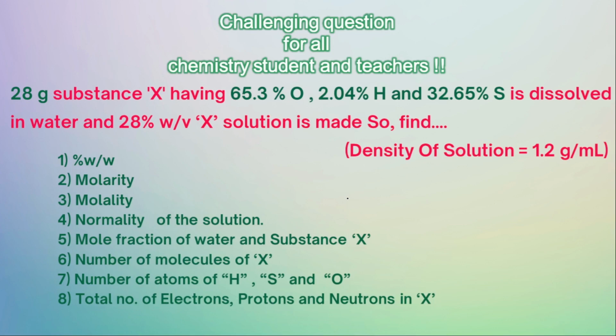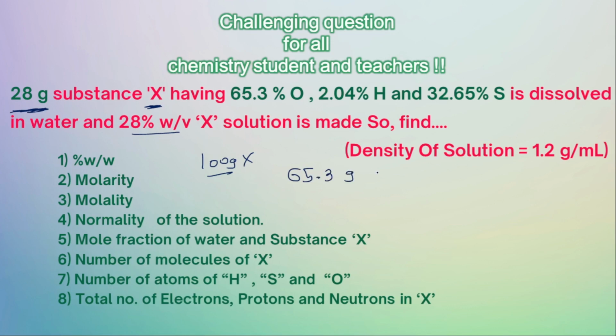To find all of this concentration, we have to find the molecular formula of X. From which? From the composition, which we have given. So 28 gram substance X dissolved in water and we got 28% weight by volume solution. So let's find the molecular formula. Suppose we have 100 gram substance X. Yes, we have given 28 gram substance X in the question, but suppose we have 100 gram X, means